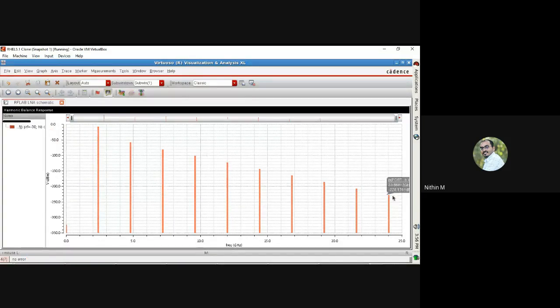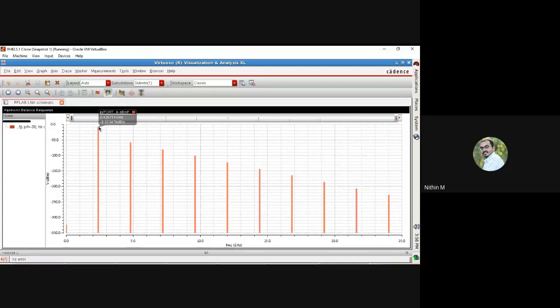Now what you're seeing is your input frequency component. I have given the input amplitude as minus 30 dBm, and at the output I am getting the main signal component appearing at 2.4 GHz at around minus 9, very close to minus 8 or minus 9. That means there is some gain. This is in fact an amplifier which is providing some gain.